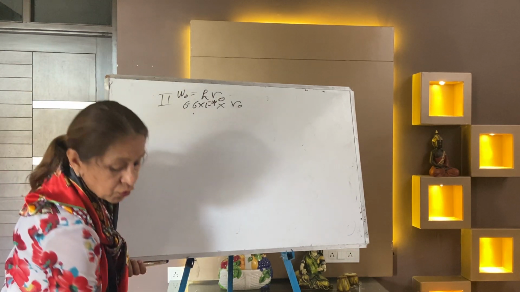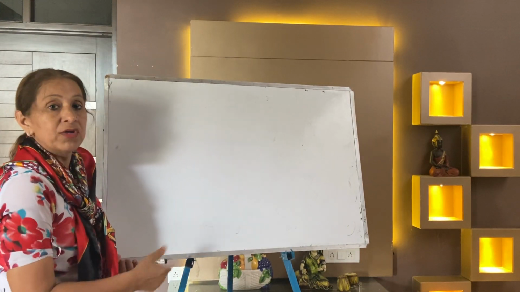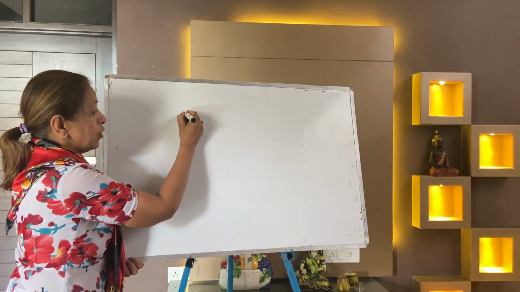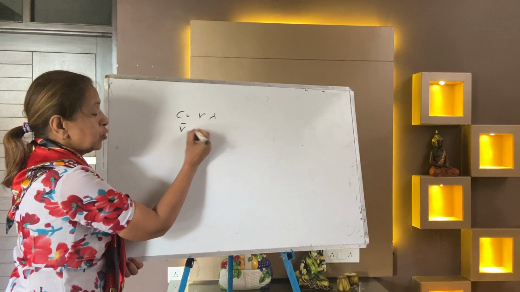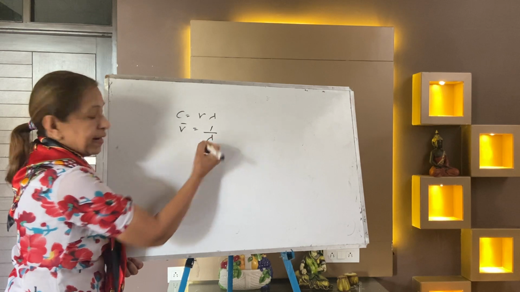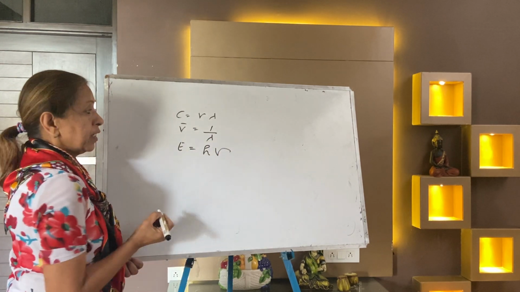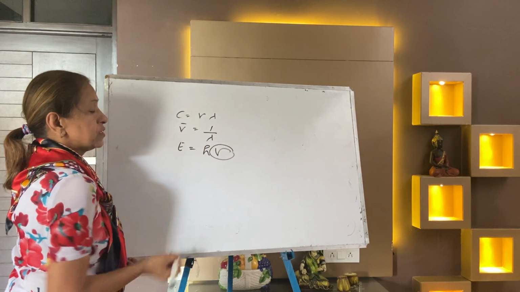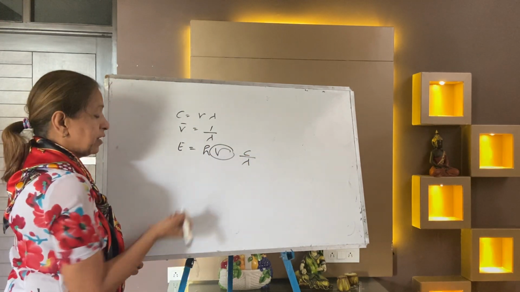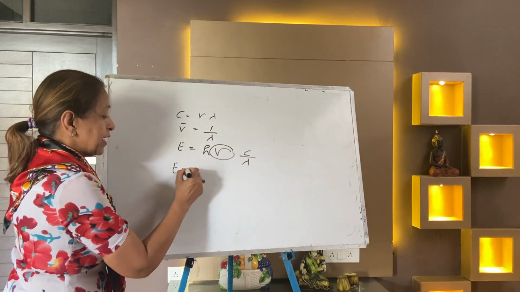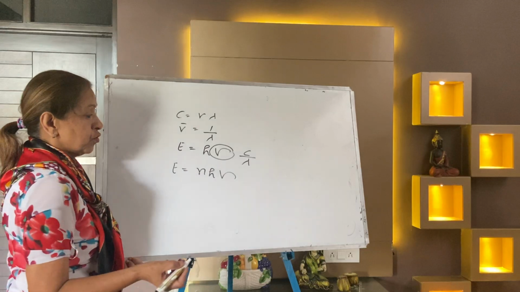This is all about your numericals of the light. So what topics, what formula we have used today? Formula used: c = νλ, wave number ν̄ = 1/λ, E = hν, and you can put ν = c/λ if by chance ν is not given. After that you can also apply E = nhν, where n is the number of photons.